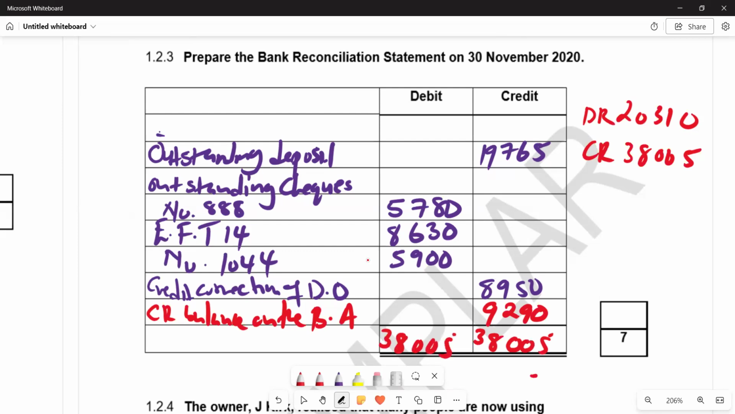So we have a missing figure here as an opening balance. We see that the debit side is the one which is the smaller total. So that's why we have a missing figure, which is supposed to come here by saying 38,005 minus 20,310. And then we are going to get 17,695. And then obviously this is the debit balance. So the description that we're going to put here, we're going to say debit balance